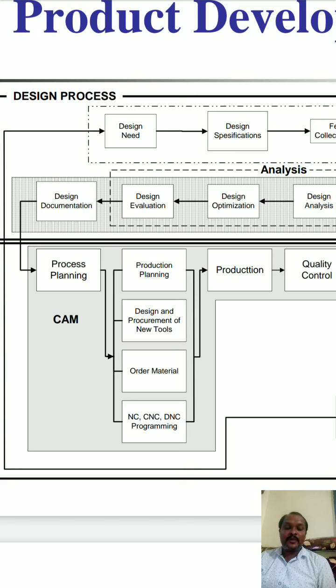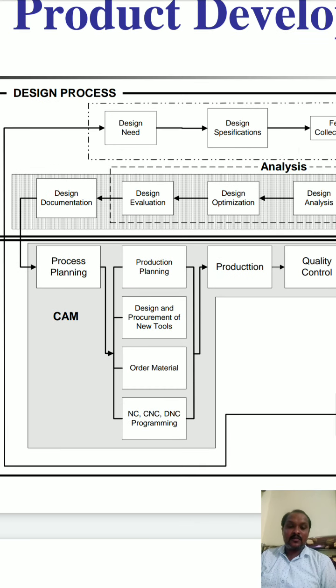Suppose you are doing production of a simple mechanical component, so what is your requirement of the raw material? You require cast iron or aluminum or any of the metals, that is called raw material. You should order that. After that, if you are using automation, then automation, semi-automation and manual means NC, CNC and DNC.